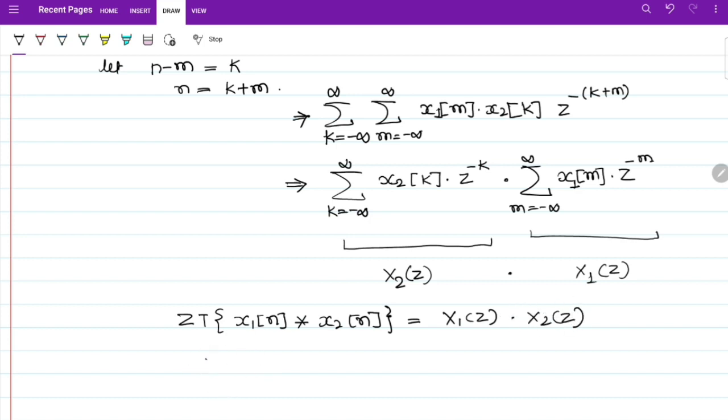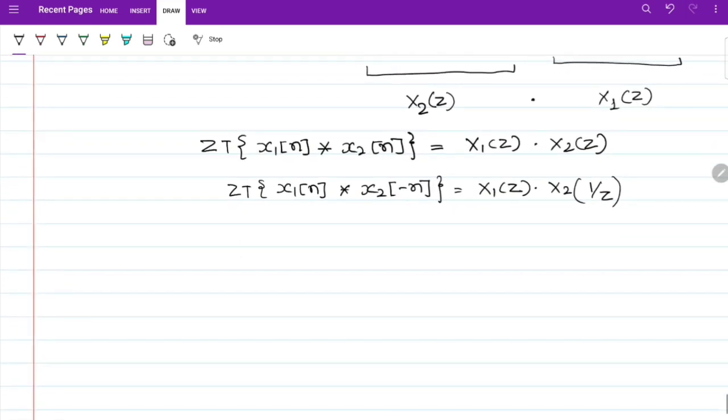Okay, or if I write z transformation of x1 of n convolution x2 of minus n, then this should be x1 of z into x2 of 1 by z. Okay,